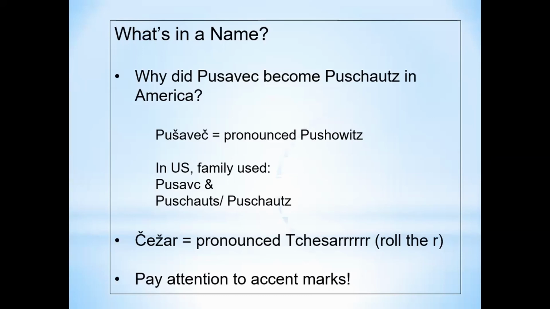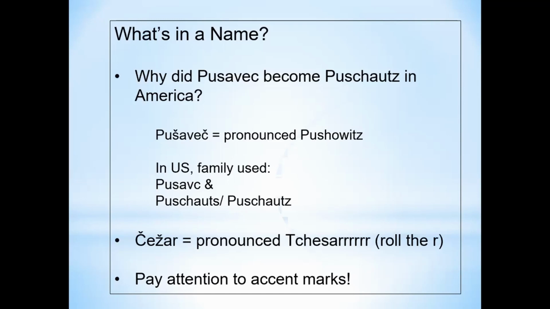But it is spelled in Slovenia, Pušavec, with accent marks. There would be an accent mark over the S and an accent mark over the C, and that would influence how it's pronounced. Now, if the name is spelled and it looks like Pucevic in English, you can see why Mary Pashouts Caesar